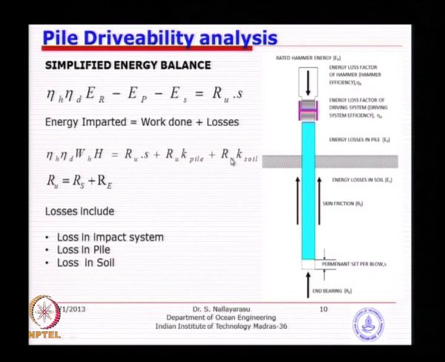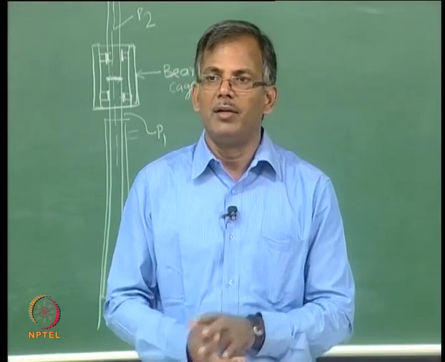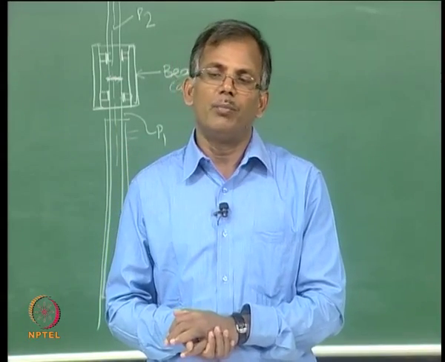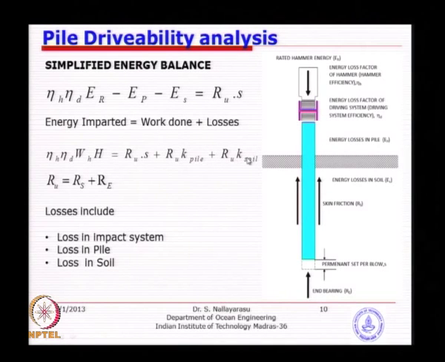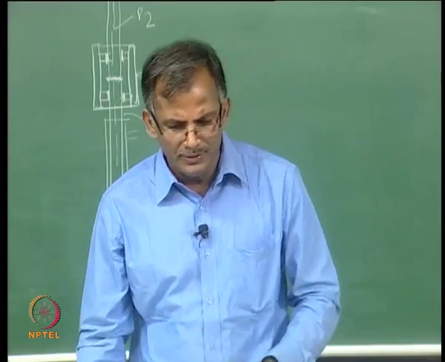Similarly, if you look at the last term, RU times the K of soil, which I think we have discussed, about the spring stiffness value of the soil, linear, non-linear. You can convert a non-linear problem into a linear problem. That is what we are going to do, because if you have non-linear behavior, the drivability prediction becomes very, very complicated. So instead of non-linear, we are going to take a linear spring conservatively, so that we have a linear system to solve. We can program this whole equation into a computer, and then for every blow we can monitor how much it goes down. So that is the idea behind it.